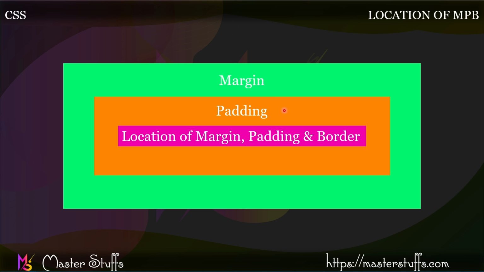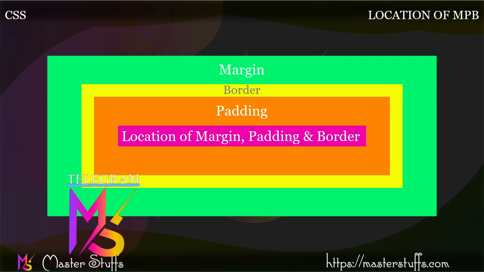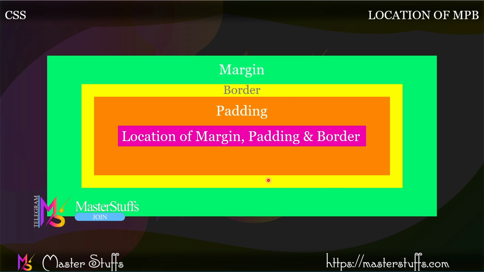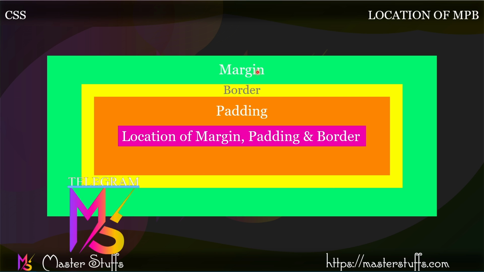So if the margin and padding are outside and inside the content, then what is the location of border? Where is the border located? If I take a border, which place does it take, in here or in here? Let's see this first. Let's take a border of 10 px. Now as you can see here, I take a border of yellow color and it's in between the margin and the padding.